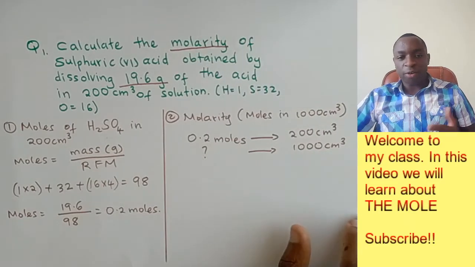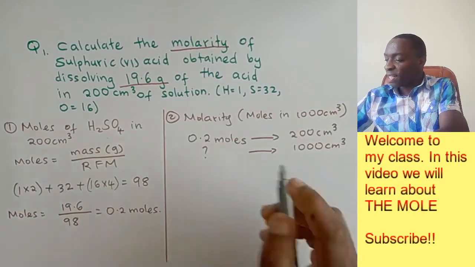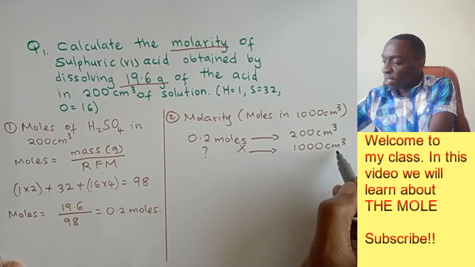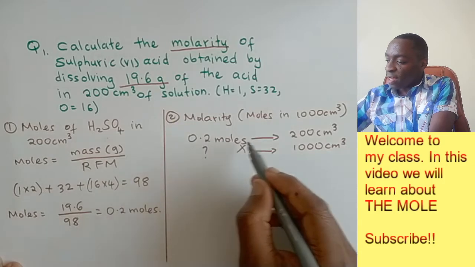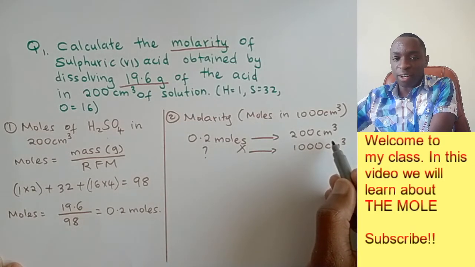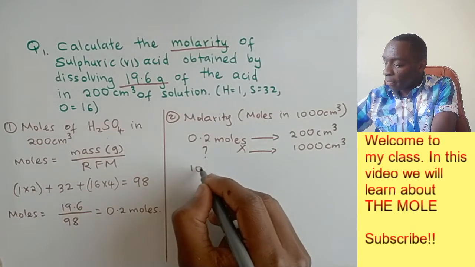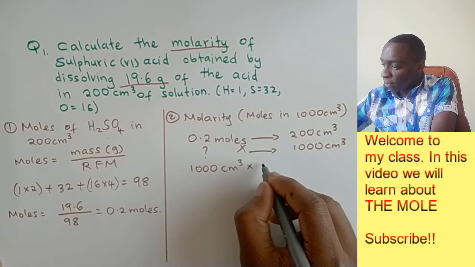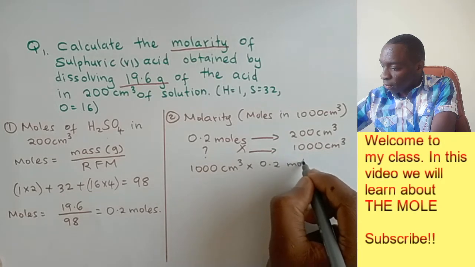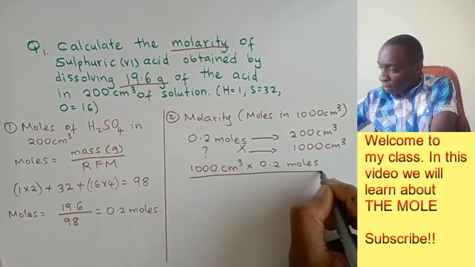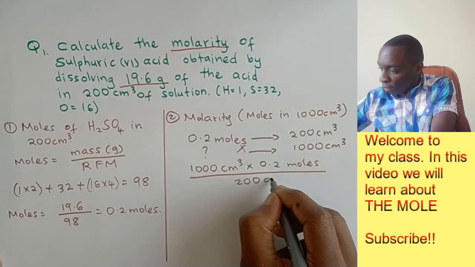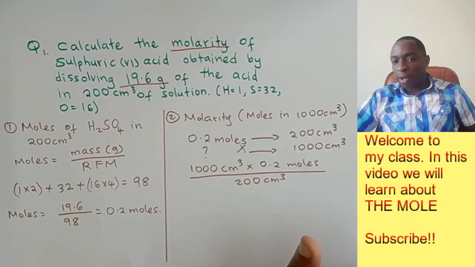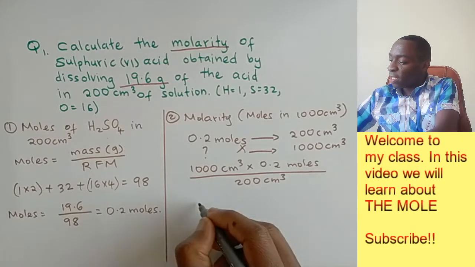Now, I'm sure you already know, if you have these two statements like this, the next thing is to cross multiply, and you'll multiply 1,000 by 0.2, then you divide by 200. So it's going to be... So now, once you have this expression, remember, you're going to get your answer right here